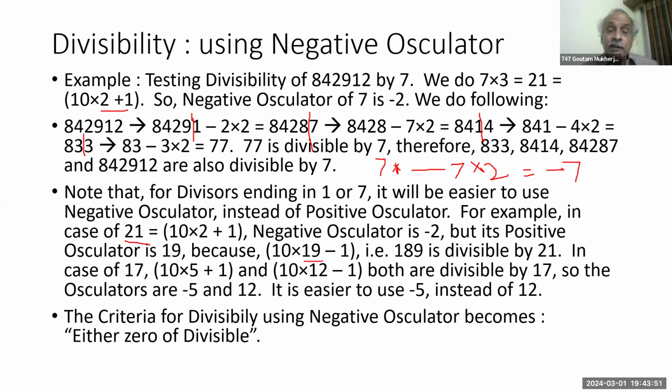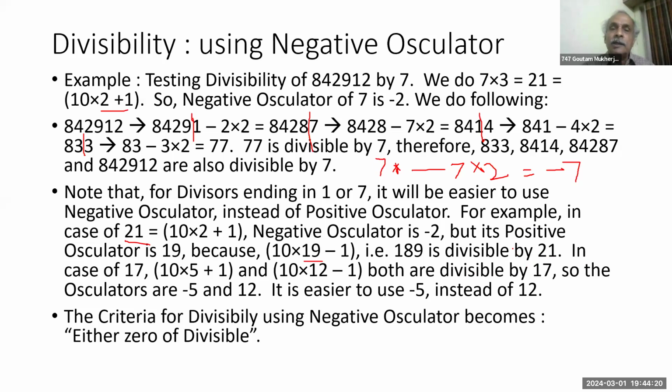the oscillator itself is big, 19. So multiply by 19 and add, again multiply by 19 and add. In case of 21, the oscillator is 19. In case of 31, it will be 28. In case of 41, it will be 37. So these are all very big numbers,